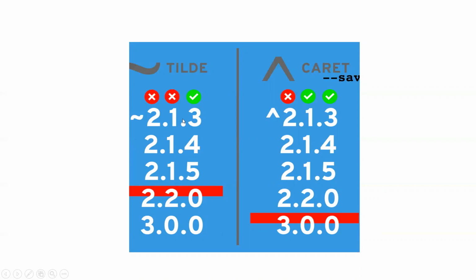If I mention this in the package.json as a dependency or dev dependency, and I keep a caret symbol as a prefix to the package version, it means only update the minor and the patch versions, not the major version. So if you observe, 3.0.0 is not allowed here, only till 2.2.0, 2.1.5. It tells npm to only pick the minor and the patch releases, not the major release.